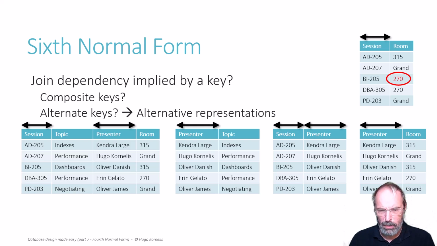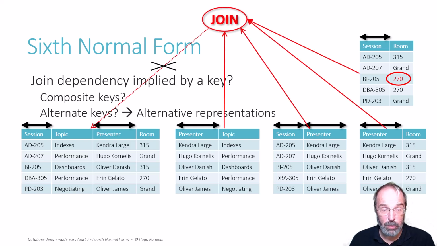And in terms of normalization, how does this work? Would this still be 6th normal form? Well, no. This is not a valid decomposition of the original table. Because let's check, if we now join the 4 tables together, do we get back the original table? And it's already dotted and crossed out, so you know the answer, but let's look at why. And the answer to the why actually depends on how you join the tables together. Are you only going to join on the session and presenter columns? Or are you also going to join on the room column, which is common to 2 of the tables?